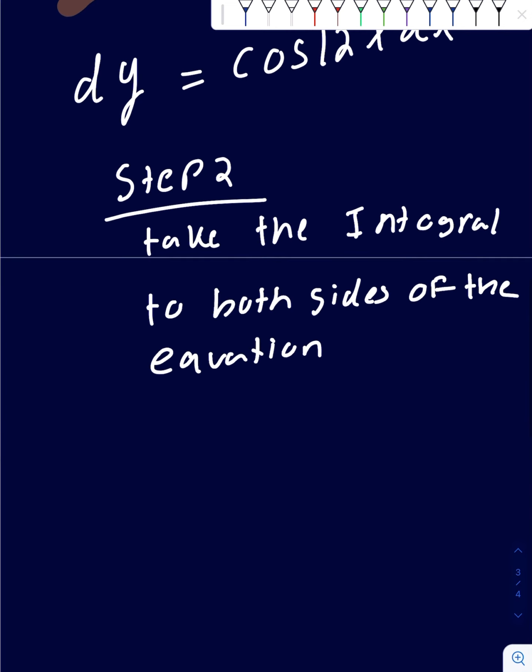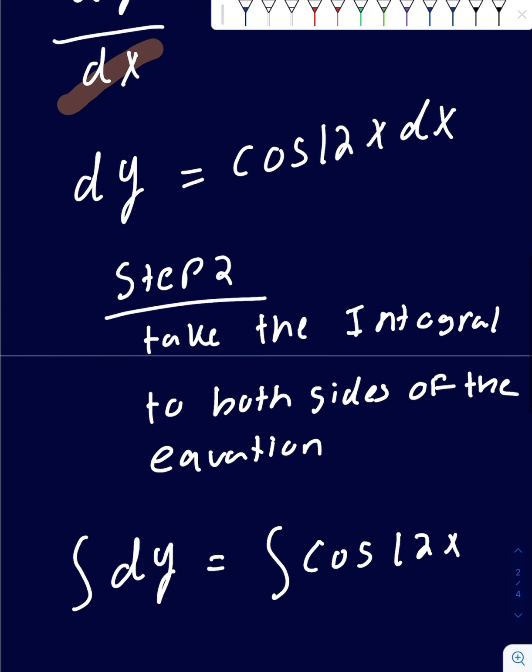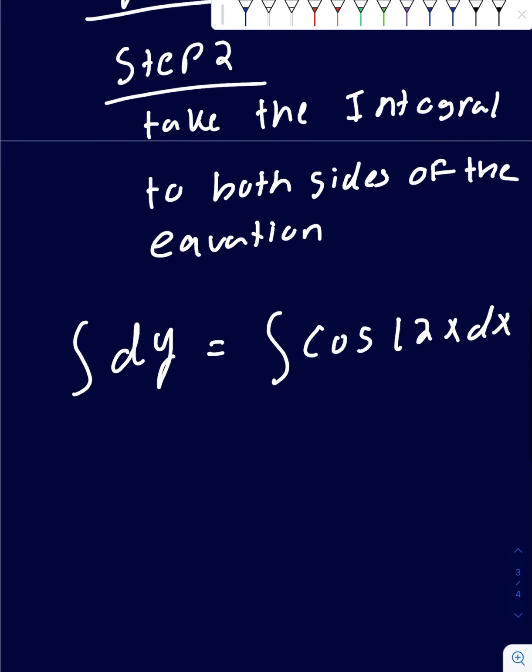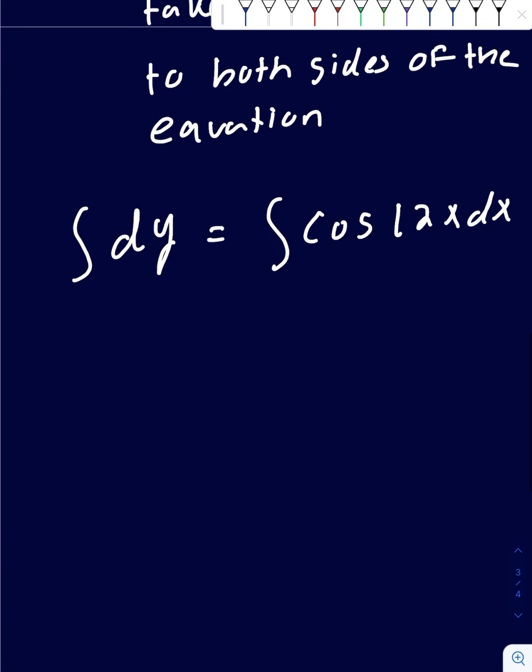So we write the integral of dy is equal to the integral of cosine 12x dx. We're just simply copying everything right here, and we're just finding the antiderivative on both sides. So what's the integral of dy? It's simply going to be y. We rewrite the integral of cosine